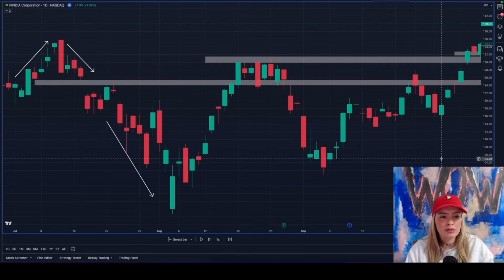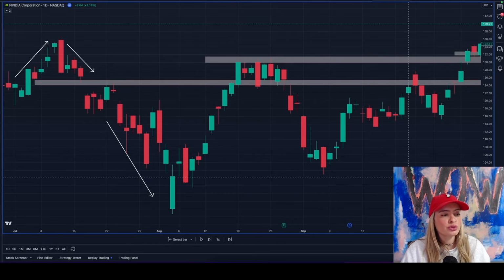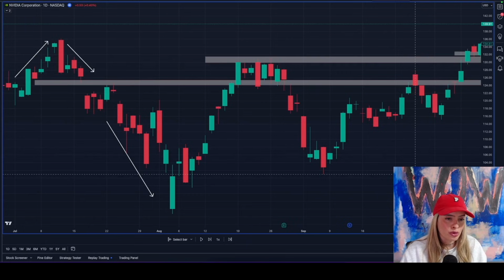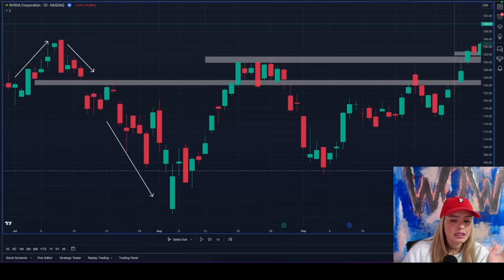So keep that in mind when you're reading candlesticks on a chart. You also need to pay attention to market structure. And the bigger the time frame that you use to read candlesticks, it's most likely going to be the bigger move. So we can see an engulfing candlestick in the same